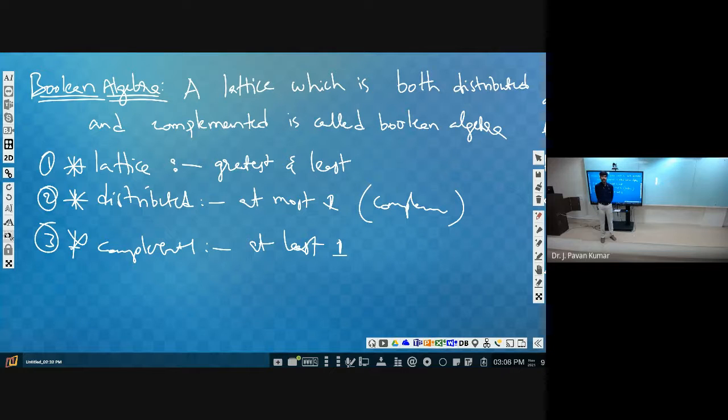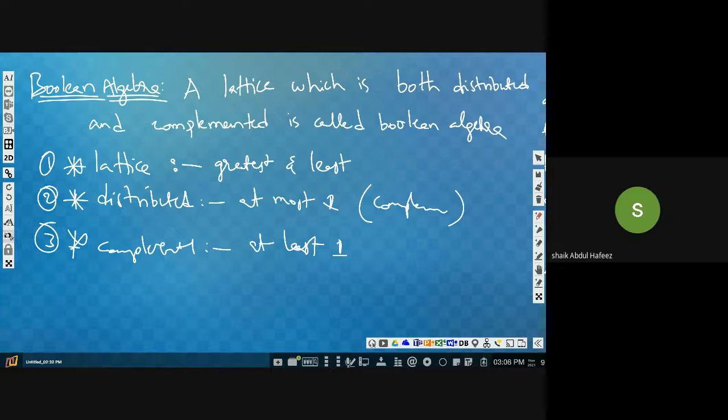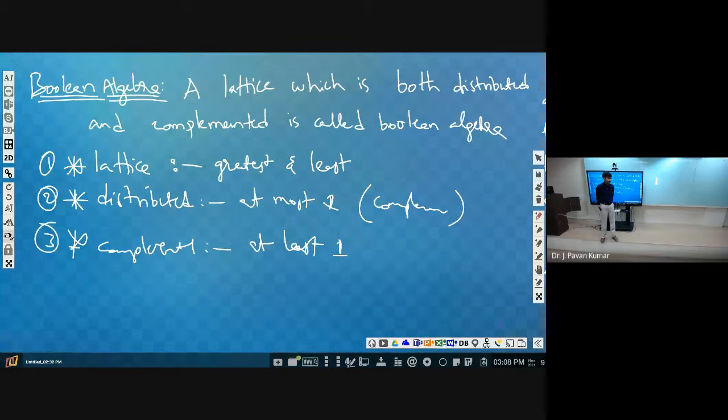If a relation is given to you, a relation can be represented in several ways. One of those ways is tuple representation. I will be giving R is equal to 1 comma 1, 1 comma 2, 2 comma 2, 3 comma 3, like that some tuples. Now we have to find whether it is a Boolean algebra or not. Any guess? How can we find?